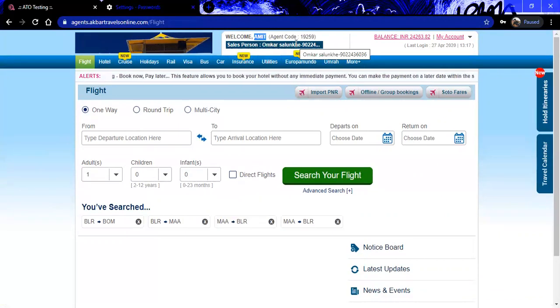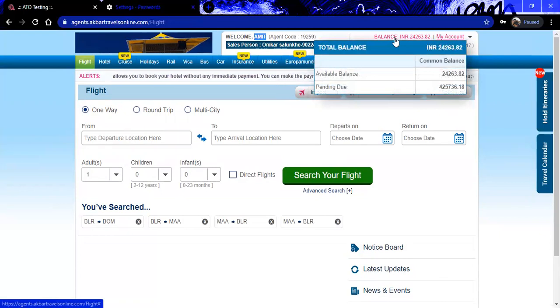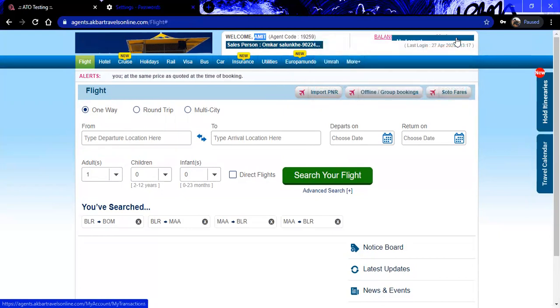Further on the same page, we are showing the balance detail. What is the balance detail? To avail the services for Akbar Travels, you can upload the funds over here. That is, you can recharge the account from here. We have a recharge and top up your balance option also in My Account.